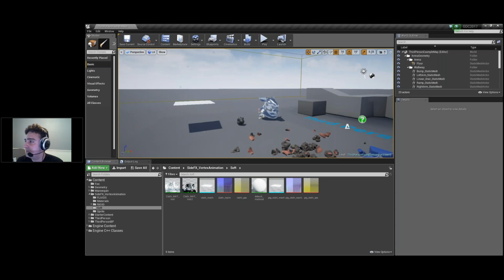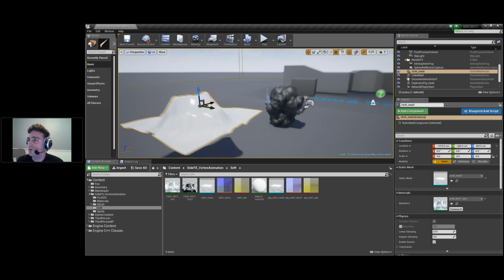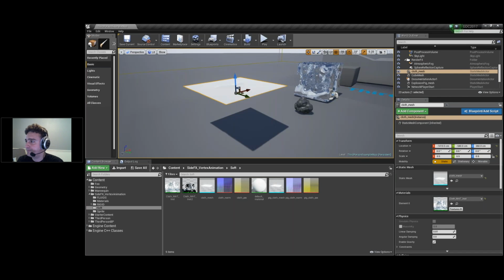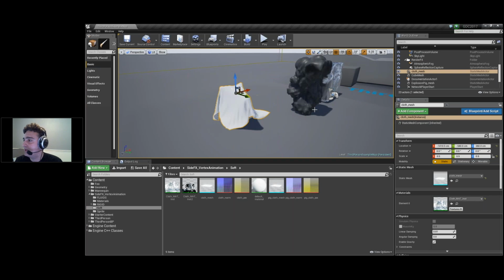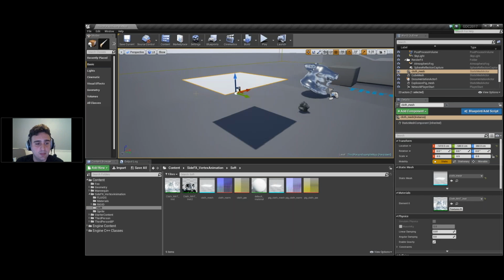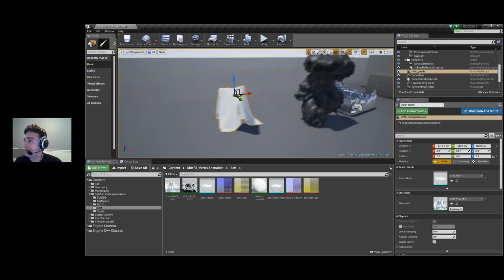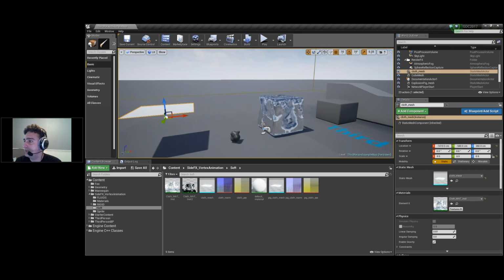The simplest one is this cloth. I'll go into a little bit of detail when we're building it, but the idea here is that you have the same topology running through the whole simulation. And then we're just setting the positions and the normals of that mesh as time passes. And then we also have fluid, which is the more sexy one and the more expensive one,